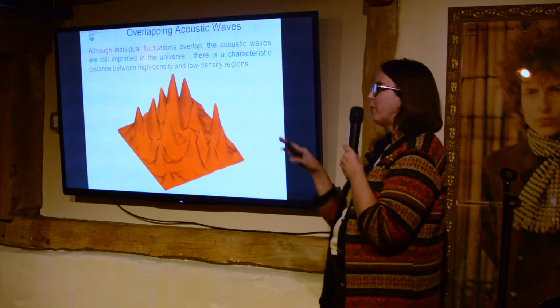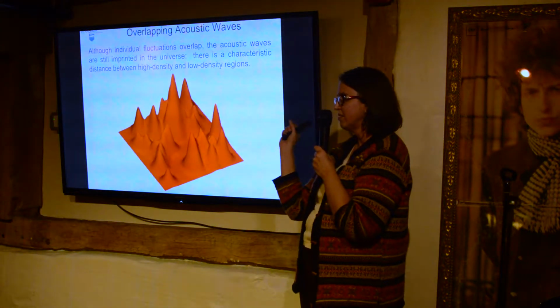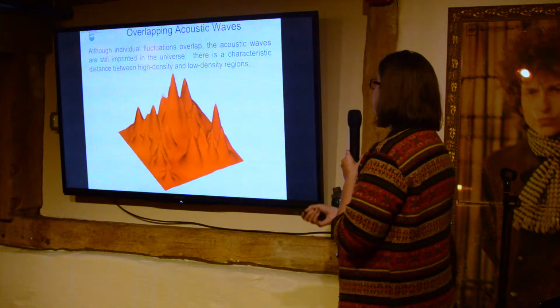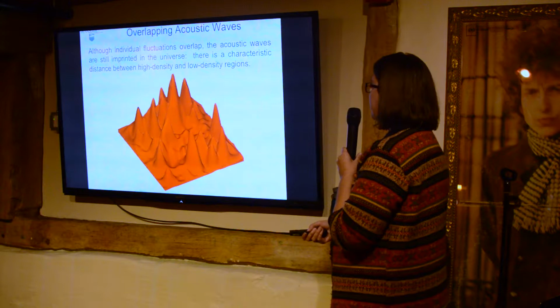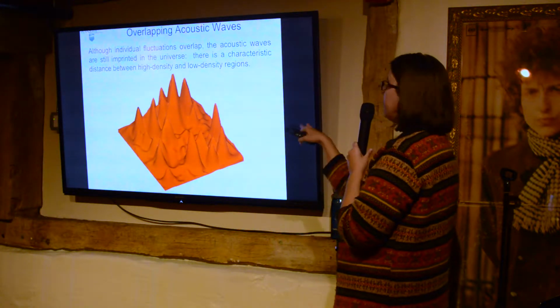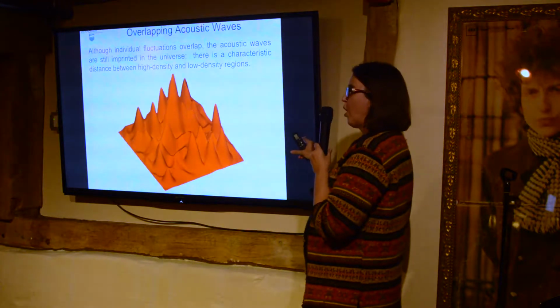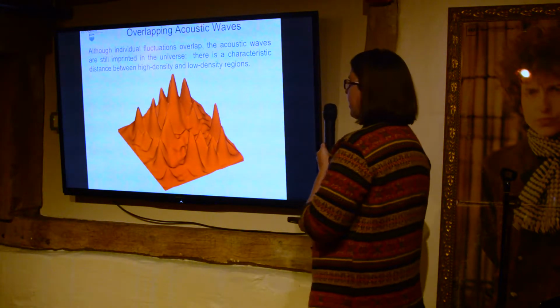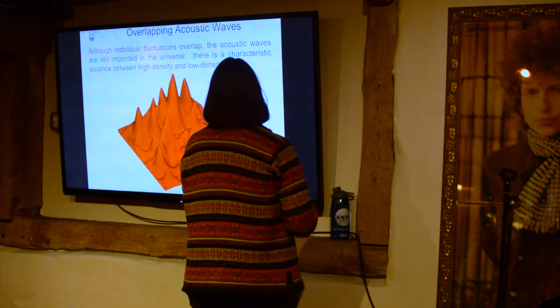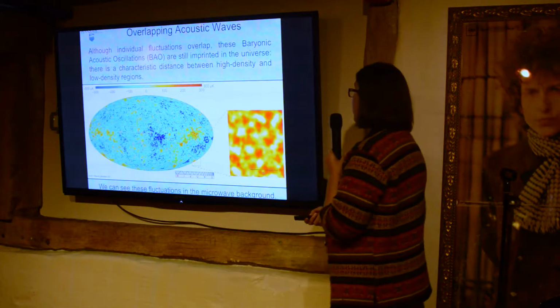So what if we had a bunch of little micro density fluctuations in the early universe? They will grow with each other. So you're going to have individual fluctuations. They'll grow. Some of them might overlap. You'll have some high density regions. You'll have some low density regions. And this is in fact what we see